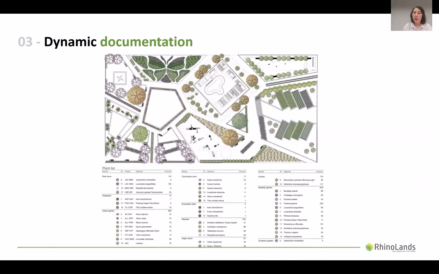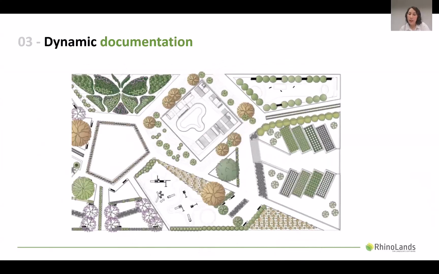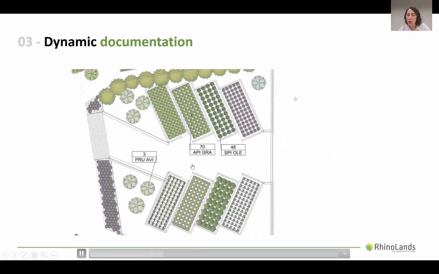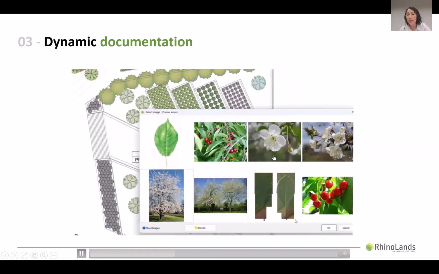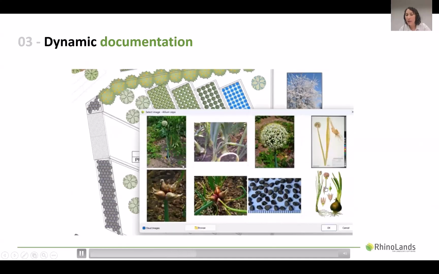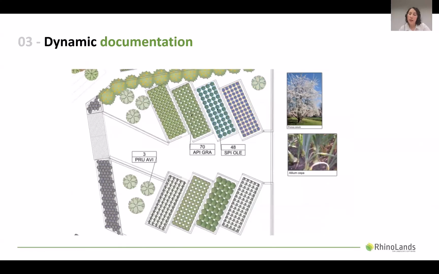We have dynamic documentation tools that help us to achieve the list of materials and also to add smart labels, for example, the plant labels, including the initials or the full name of plant species. We can add the image of plants with a specific command inside the program. We can select among the pictures and produce this kind of